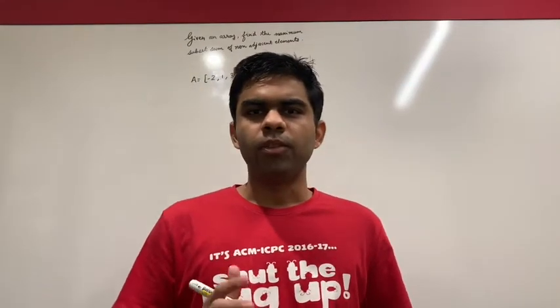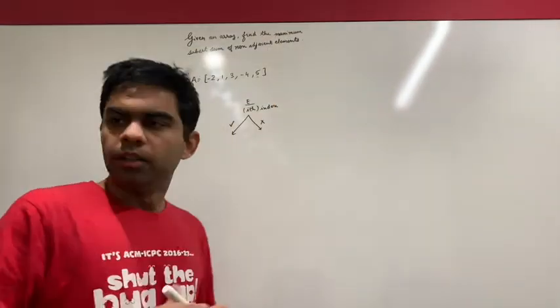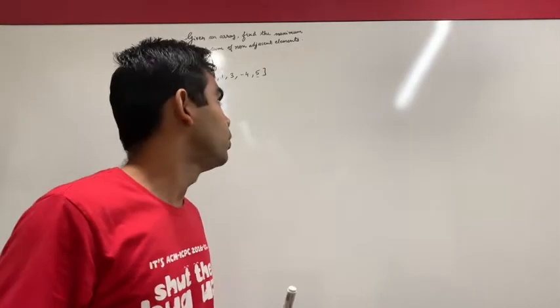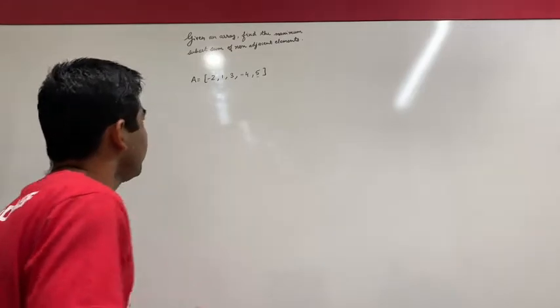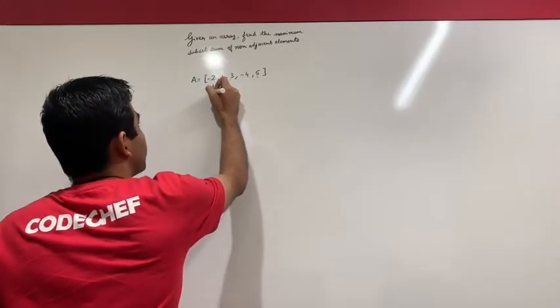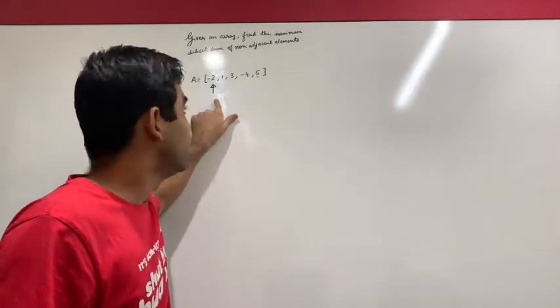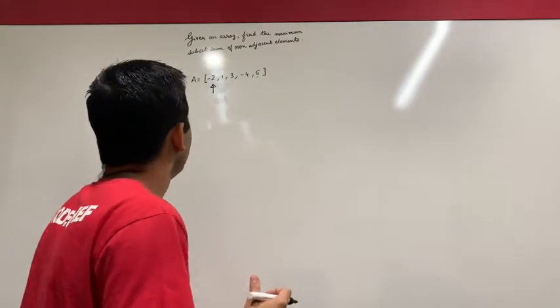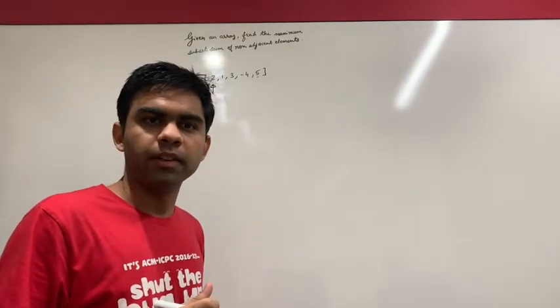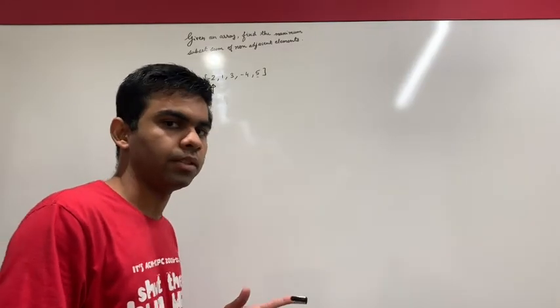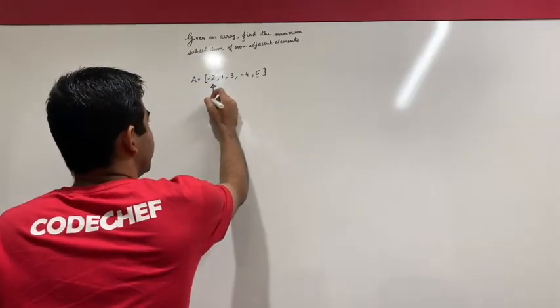So now let's try to figure out what information I need while I proceed from the 0th index to the last index, that is from left to right. Suppose I choose to proceed from left to right. You can do it from right to left. So if I proceed from left to right, what information do I need to choose the element at this index? I need to know whether I chose the element at the previous index of my current index. So this is my current index, suppose.